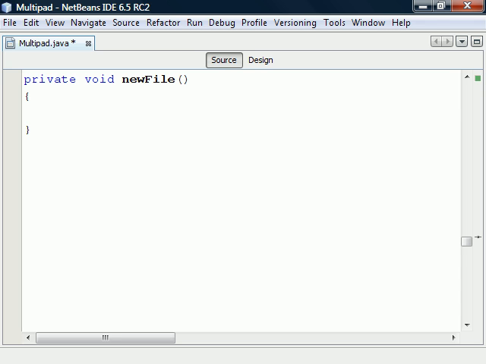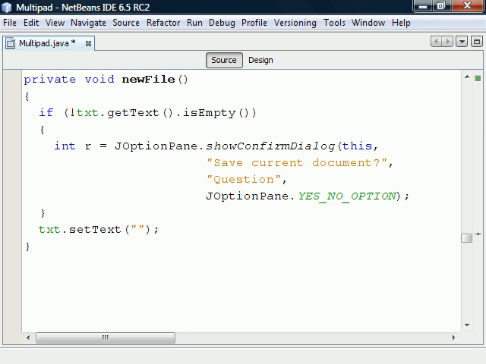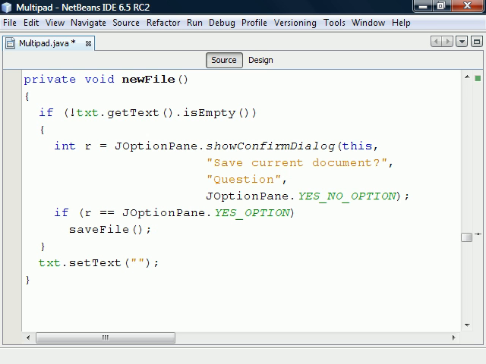The new file method will unconditionally clear the text area, but it will first give the user the option of saving the document if there's anything that needs to be saved. For now, the only condition we'll use is whether the document is empty or not. If it's not empty, we'll display a confirm dialog box, and if the answer is yes, we'll call the SaveFile